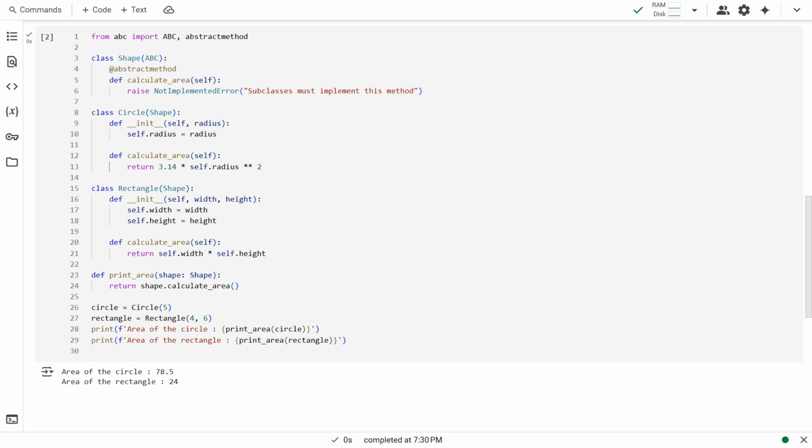Now let us try and understand polymorphism in this example. When we look at the method calculate area in the three classes, we can see that they are of different forms. In the parent class Shape, it is an abstract method. An abstract method is a placeholder, intended to be redefined in the child classes. In the Rectangle class, it takes in width and height and calculates the area. In the Circle class, it takes in radius and calculates the area accordingly. The same method takes three different forms here. This is a simple example of polymorphism.